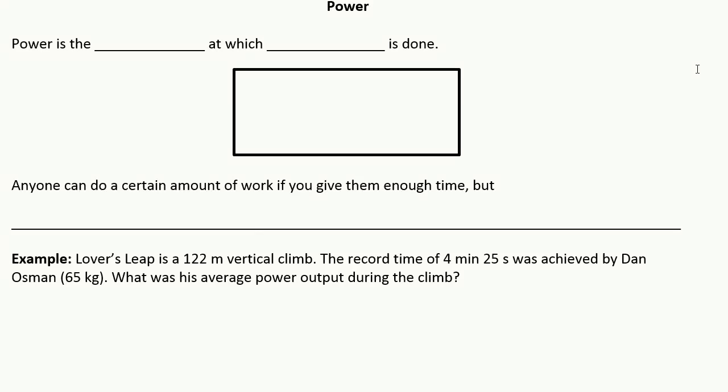So as a quick recap of our energy unit so far, we started by talking about work. And the reason for this was that energy is the ability to do work. That's one way it's often defined. So to understand energy, we have to first understand work. Then we started talking about energy itself, and we talked about kinetic energy and potential energy, specifically gravitational potential energy in this course. And we talked about how to calculate those two things.